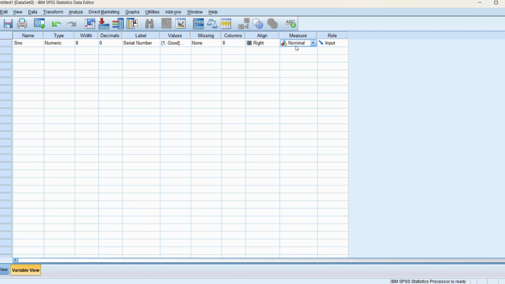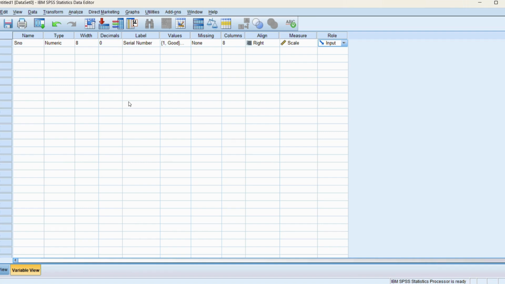But since I've added the values like good, excellent, I would go to the scale category because I've scaled these, that 1 is good, 2 is fair, or others. Then comes the role input part. You can decide what role you have to enter. Normally it's not a very concerning thing, you can add it according to yourself. So this is basically how you add